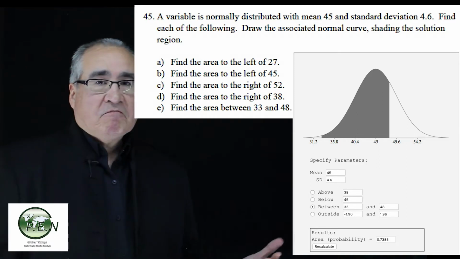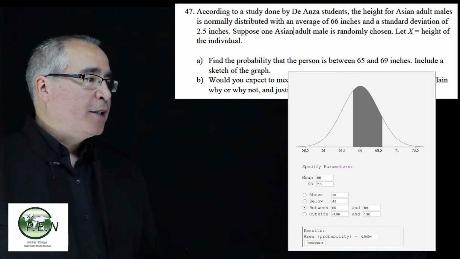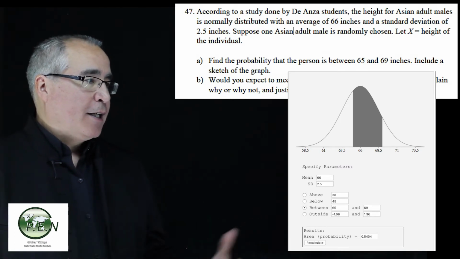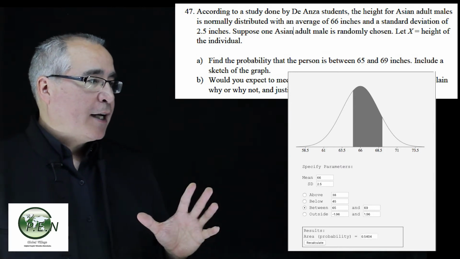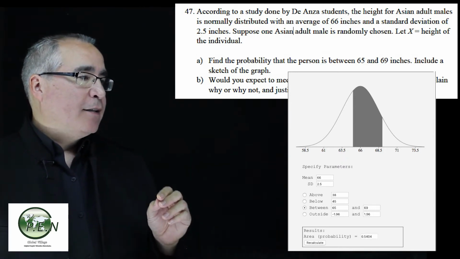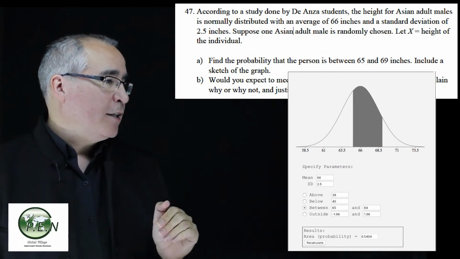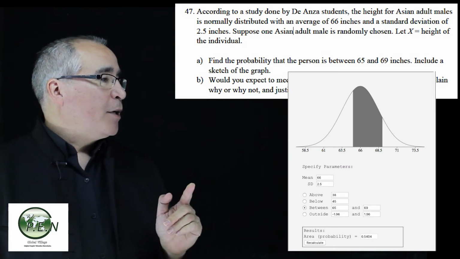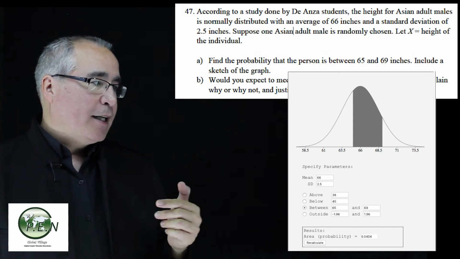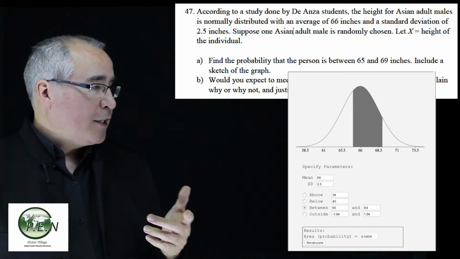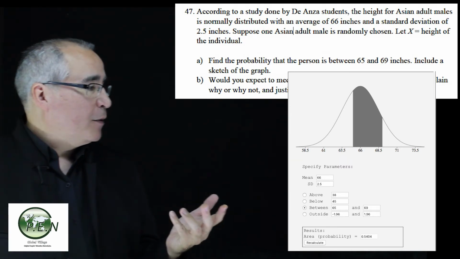Okay. Well, while we're going, why not take a look at 47? It's the same thing. We can go through and use the calculator as well. So we've got 66 inches as our average, our mean, and a standard deviation of 2.5, so you see in the calculator I've entered those two things. For the A part, they want the probability that a person is between 65 and 69. And they want to sketch a graph, right? So we just click on the between, we put our 65 and 69, hit recalculate, we get the graph, and we